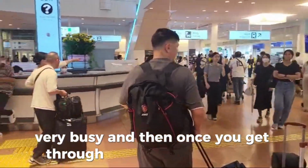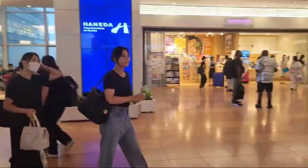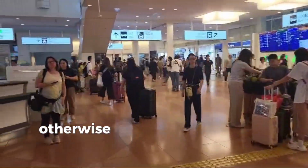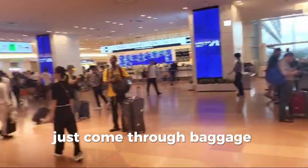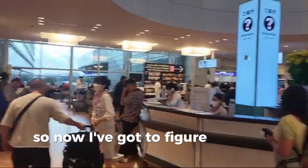And then once you get through, you've got to the baggage hall, and then you have to fill in another immigration form, and then you have to fill in a customs declaration form. So as always, good to have a pen with you when you're travelling for filling these forms in, otherwise you end up queuing a bit longer. So through that now, and just come through the baggage reclaim. Bag was already there after all those delays,